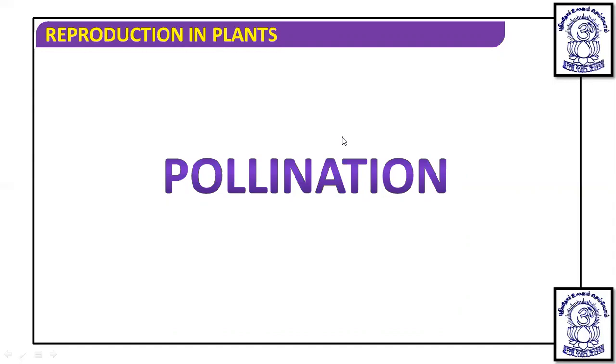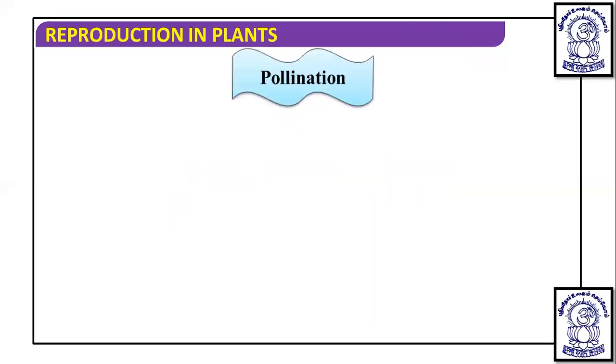Which topic are we going to discuss? Pollination. If we describe it, pollination is the transfer of pollen grain from anther to the stigma. This anther to stigma transfer can be within the same plant, or between different plants. And based on that there are different types, which we will discuss in this lecture. So first point,